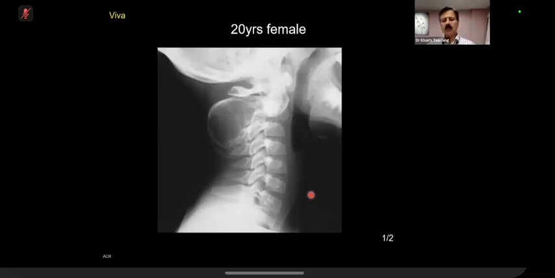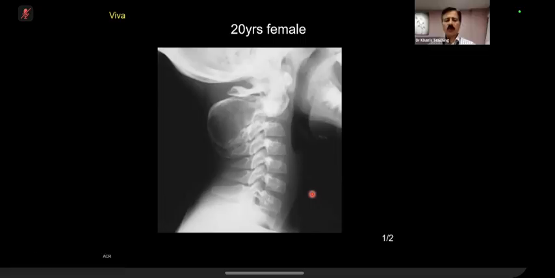So my differential would still include an osteoblastoma. Could also be an ABC, although yeah, that's fine. So you can mute yourself. Well done. Now, the take-home point is that